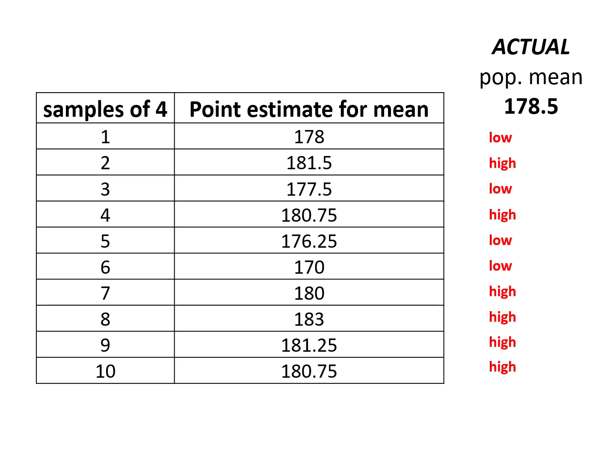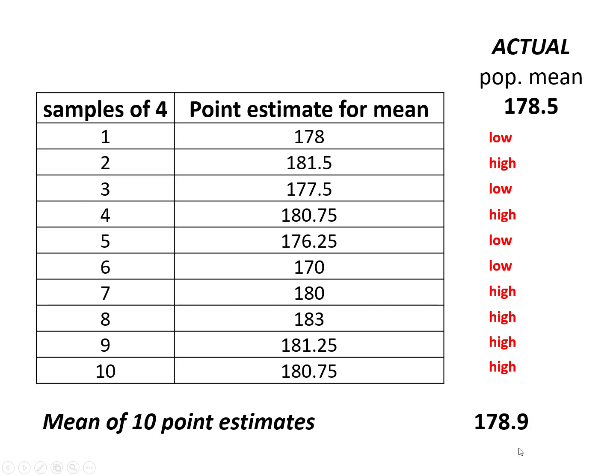What is more, if I now take the mean of all my estimates for the mean, I get a figure incredibly close to the actual mean, in spite of the fact that this is a pretty rubbish sample size of 4. And by taking 10 of those samples, I'm still only getting a sample of 40. Still, they average out at a figure pretty close to the population mean. And this takes us on to our first big idea for this session.